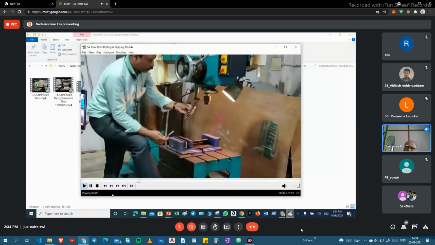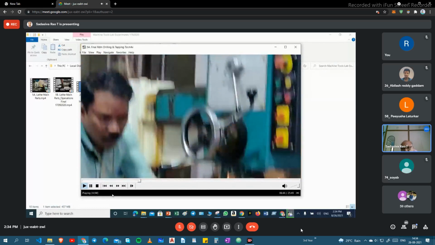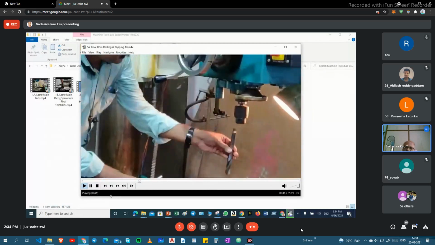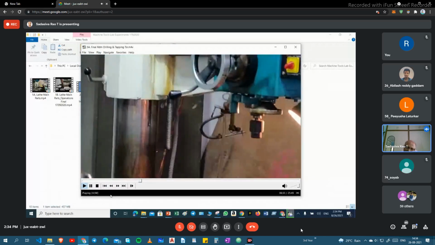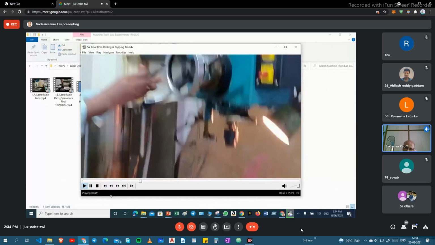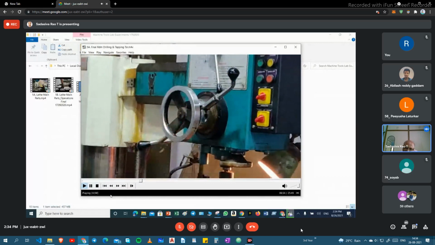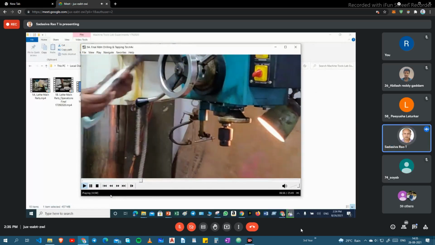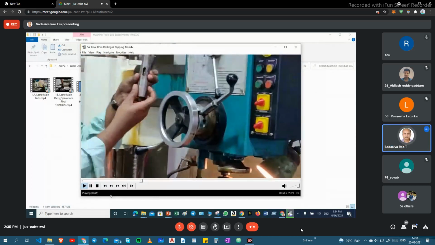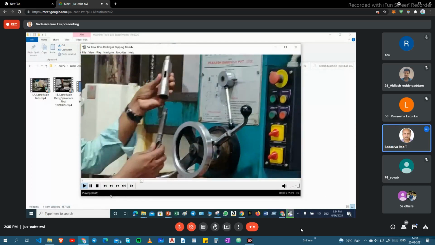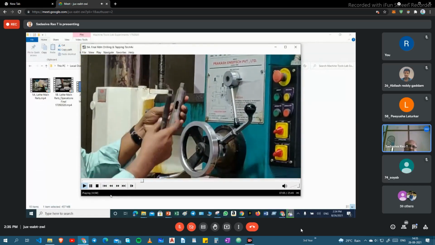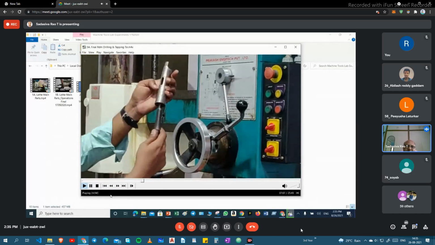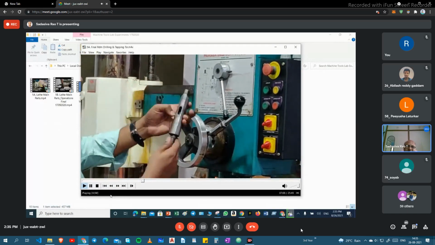But whereas if you want to hold this type of drill bit, for example, this is some 25 mm drill, approximately 20 to 25 mm drill, we cannot hold by using a drill chuck. For this type of drill, we use this type of holding system. This one is called a sleeve. SLEEVE means sleeve. See, like this, you have to hold it. And one more thing, here one slot is there. See, this tang is going to insert in the slot. Like this. See here. Okay?